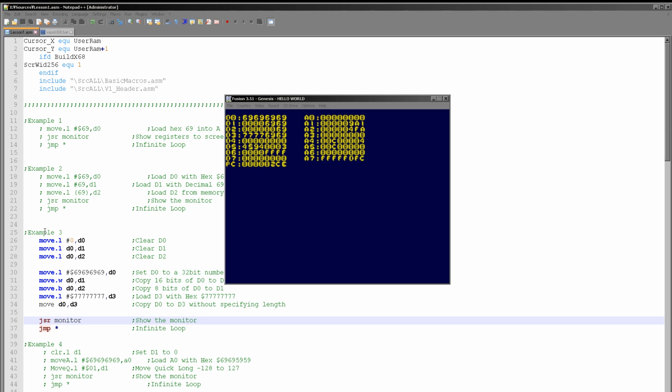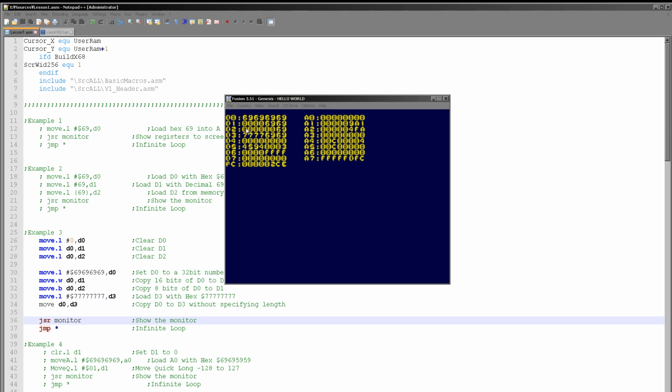So make sure you either do everything at the same level or you clear at the long level first. So that's something we're just going to discuss now. We'll come back to it later because it is so important. So anyway, we've successfully copied hexadecimal 6969 with that W command, and this B command has copied just 69